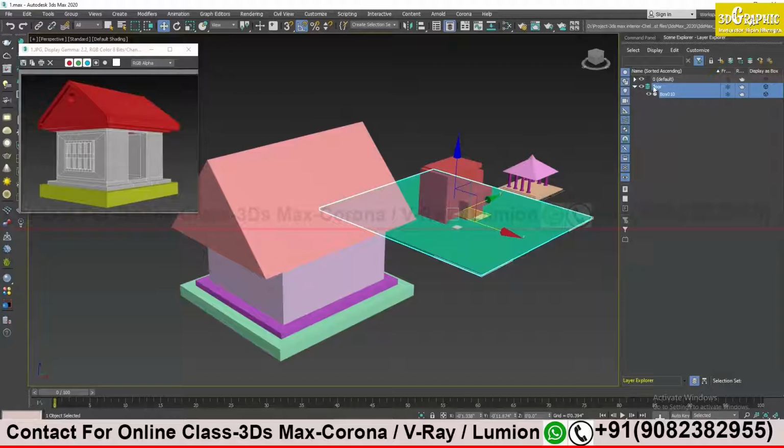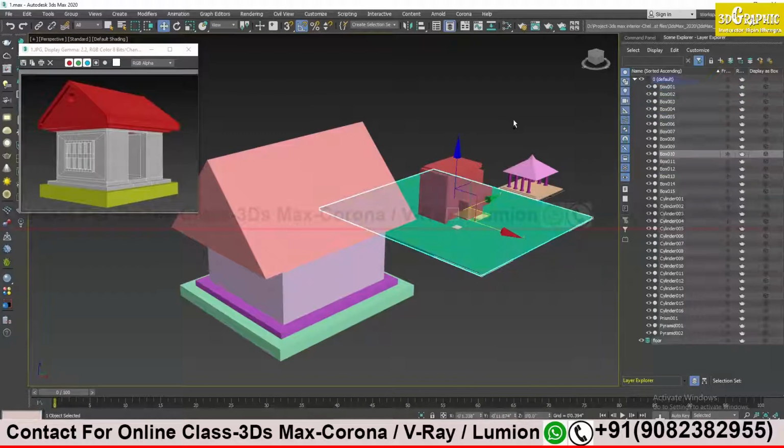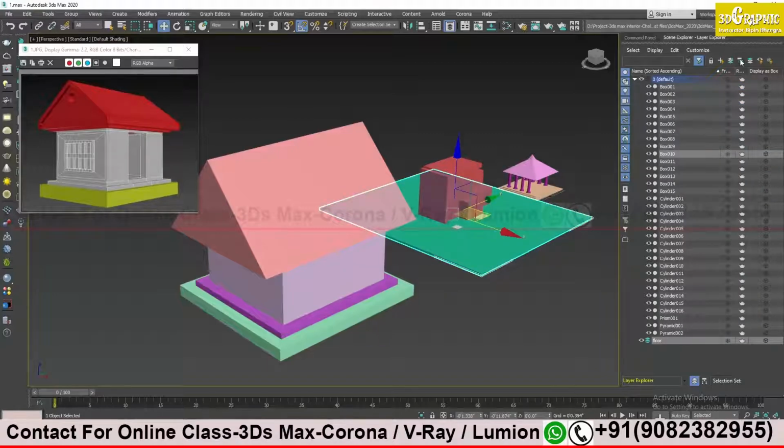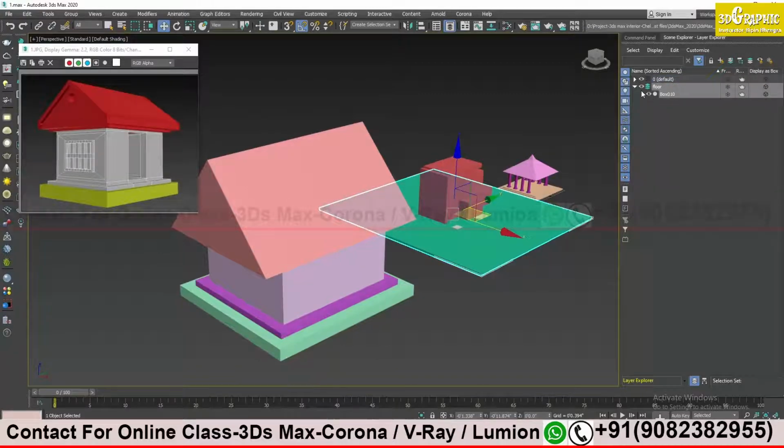and now it comes with a triangle. Before, there was no triangle at all. I will do Control Z and show you. You see, before there was no triangle on the floor layer because there was nothing inside the floor layer. When I select an object and then select move to active layer, now a small triangle appears. A small triangle says there is something inside that layer. Clear? Yes.